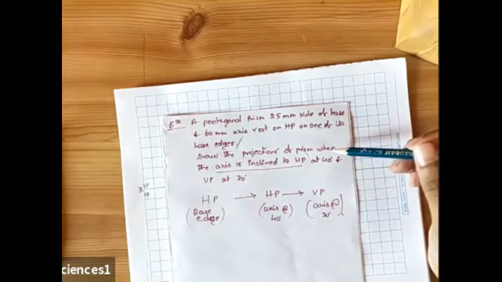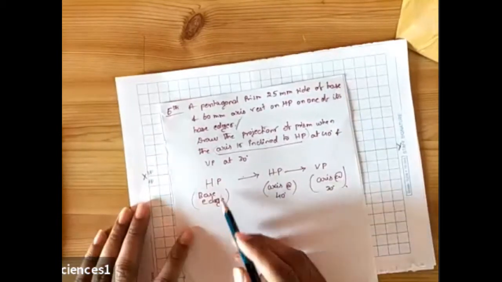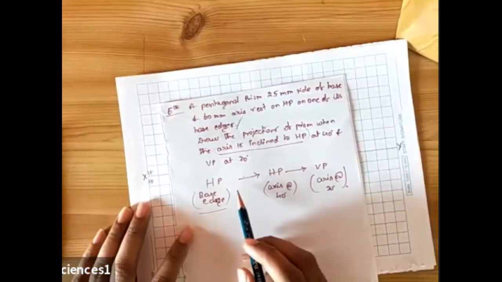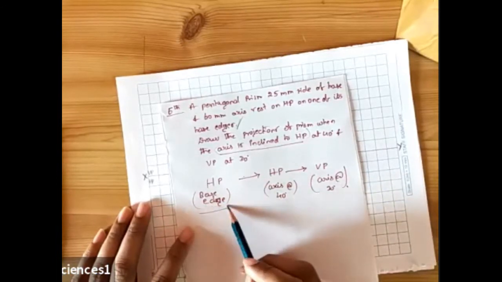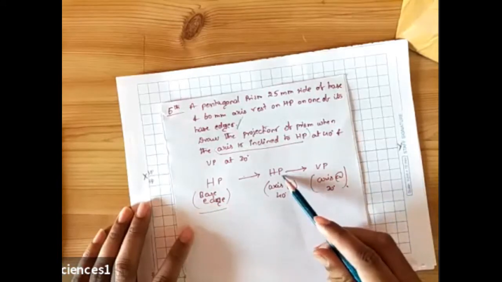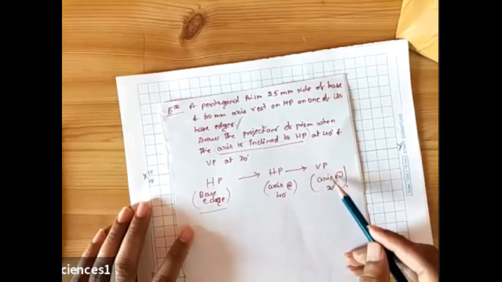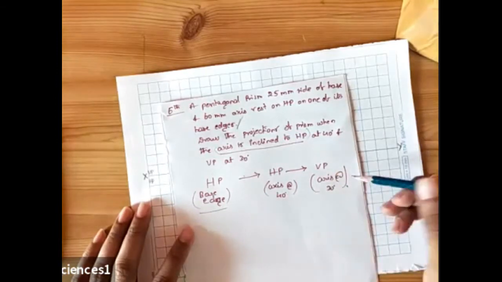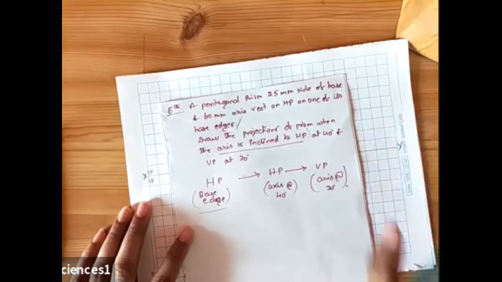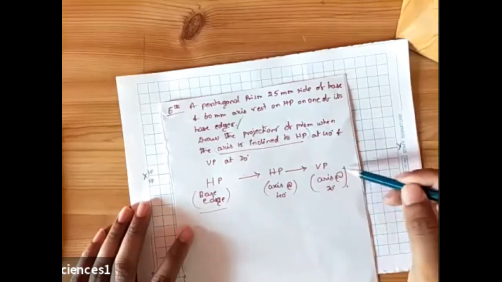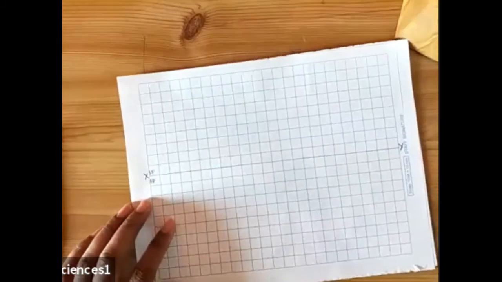After reading this problem, you make these 3 conditions which he has given you. It is a prism. The pentagon prism is placed on HP on a base edge. After that, it is inclined to HP, with the axis inclined at an angle of 40. Again, it is inclined to VP with respect to the axis. In the previous problem which we had done, the third condition was inclination with respect to an edge. Here we are inclining with respect to the axis at an angle of 30 degrees. We'll start solving it.